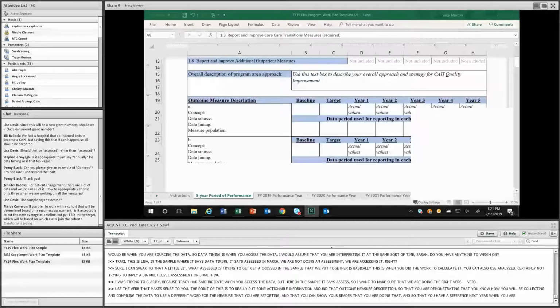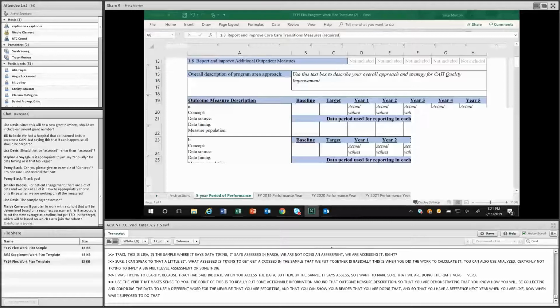That should all be in this 5-year part of your work plan, so it's easy to execute each year. It really lays out what you need to do to calculate that measure and report it, which is why this template includes